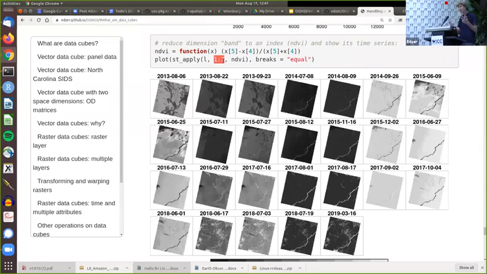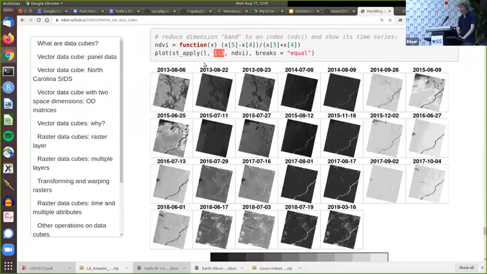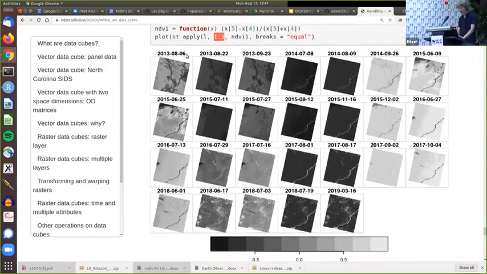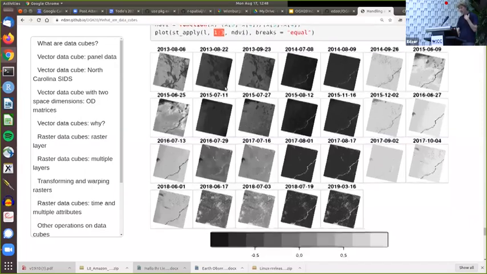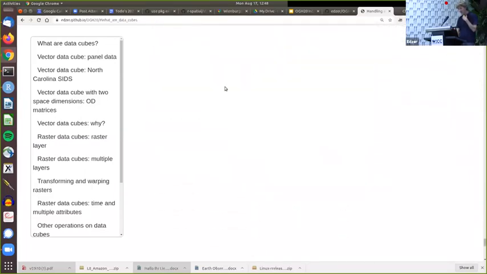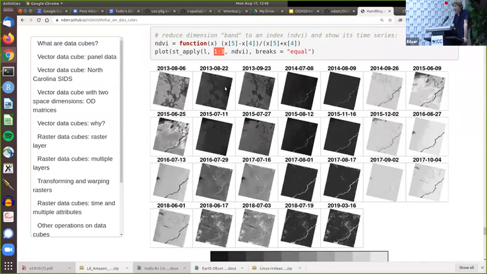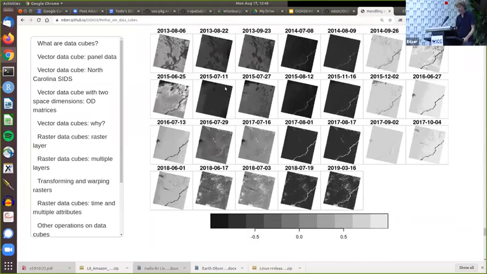So we compute NDVI, we use the NDVI function to reduce the band dimension, and we get back a 3-dimensional data cube that is now just a time series where band was reduced to NDVI, and we get these NDVI time series. I'm not sure whether they really make sense, but this is what came out. So it's still kind of work in progress, but just to show how you can manipulate these sort of, this is all in memory, but in principle you could do all of these kind of things out of memory, but